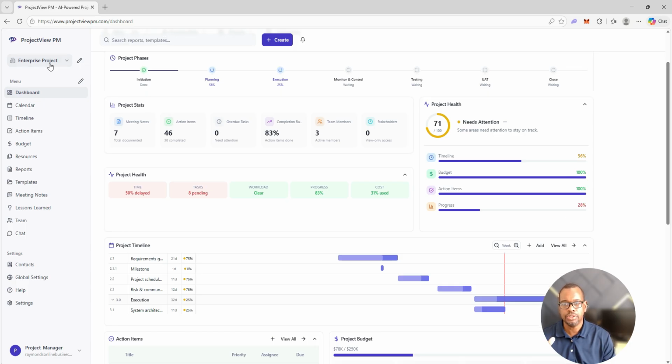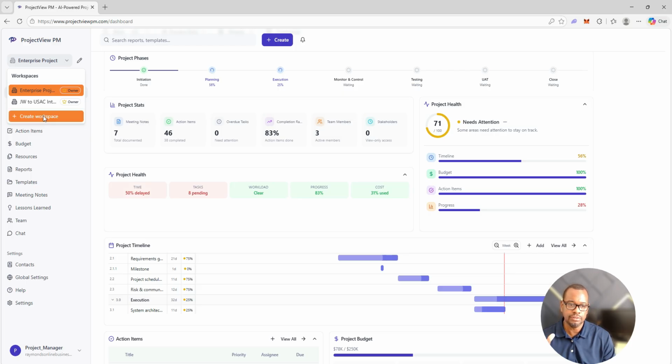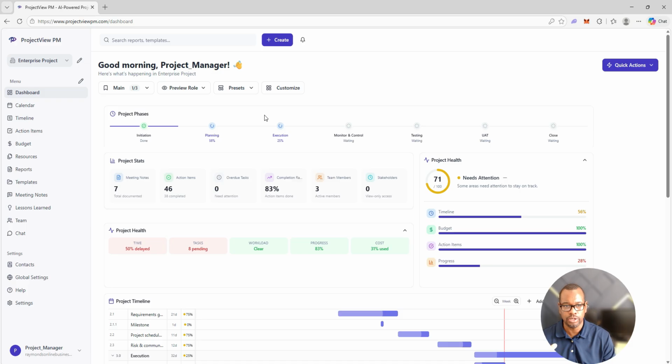And you'll see here you can actually create more than one project with ProjectView PM. There's a drop down where you can click on and create different workspaces for each of the projects that you're managing, so you don't have to flip between different applications to grab information related to any particular project that you're working on. Here you'll have some screen layouts, and this one I have saved as the main view,